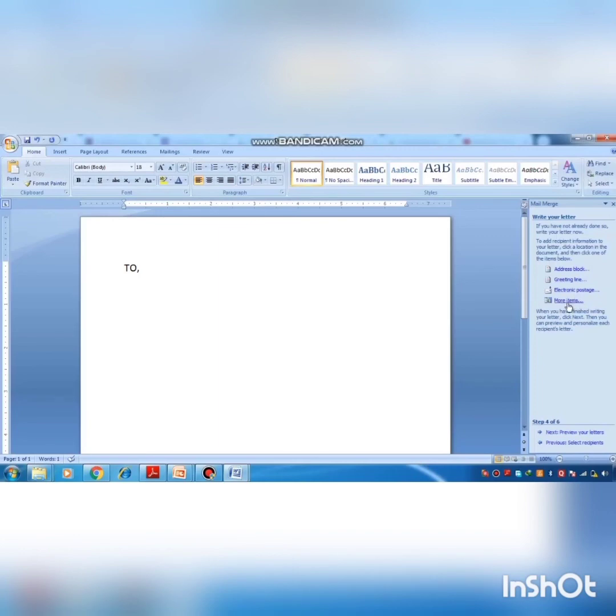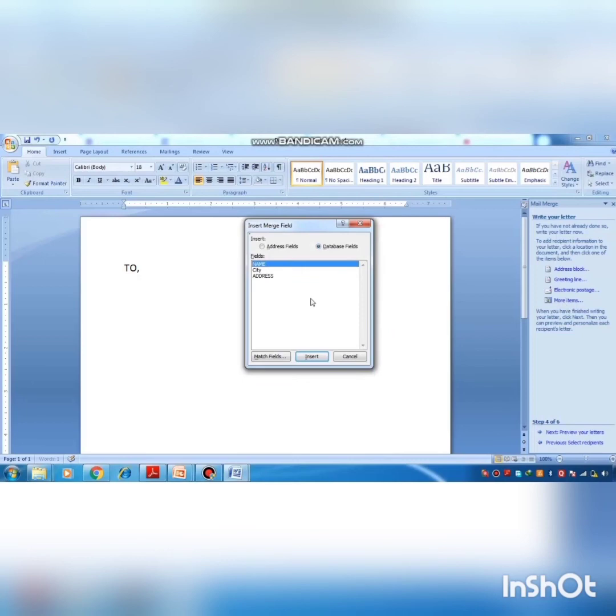If I want to add something, I have to add it from here. Firstly I want to add the name, insert, and in the second I want to insert the city of my friend, then insert, and the third one is address. Okay, then close.